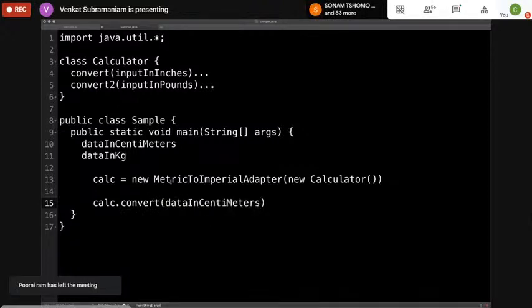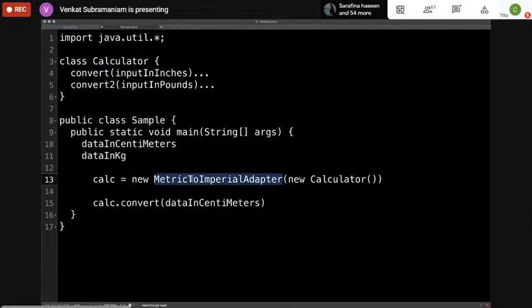But what does this metric to imperial adapter do? It will take my data, convert from metric to imperial, and then pass it to the calculator. So the one that does the real work is the calculator itself. However, the adapter will take the data, perform the conversion, send it, take the response, perform the conversion in reverse, and send it.